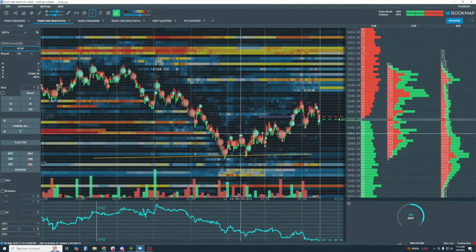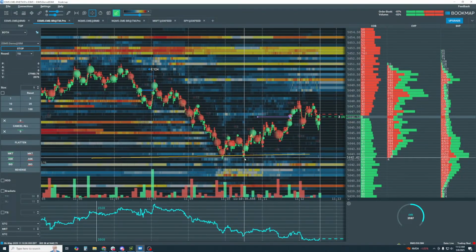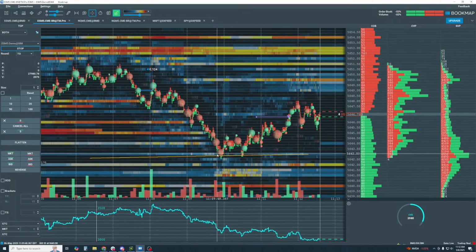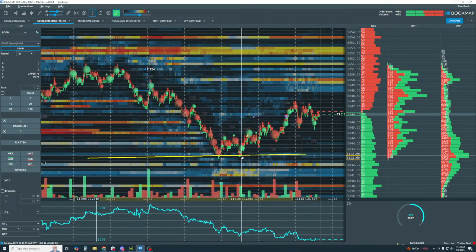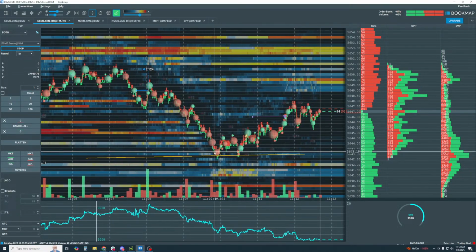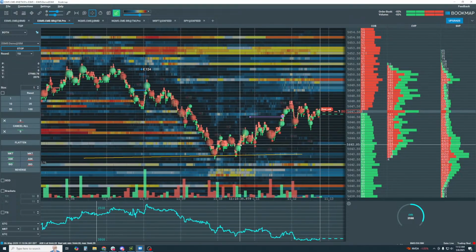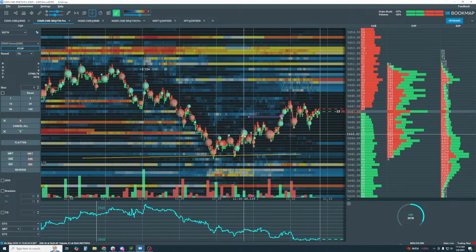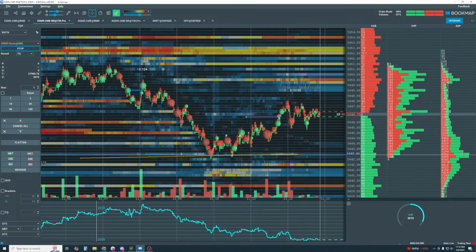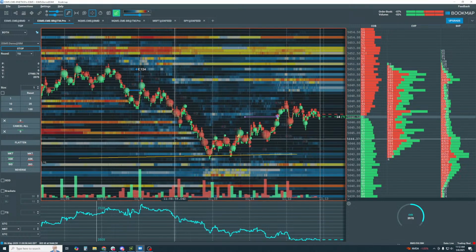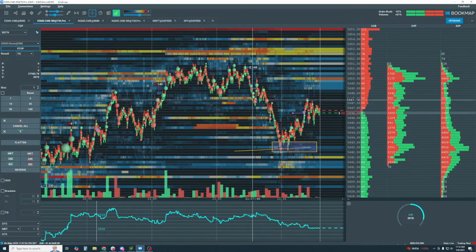We have a small retest or pullback, another retest down here, and then this is where we have absorption followed by exhaustion. In this case, it's not really absorption here, but we definitely have a lot less trading on the retest here. And then we start to see those buyers come back in. Now we got something because we're at our high volume node here. So this kind of encapsulates what we mentioned in the